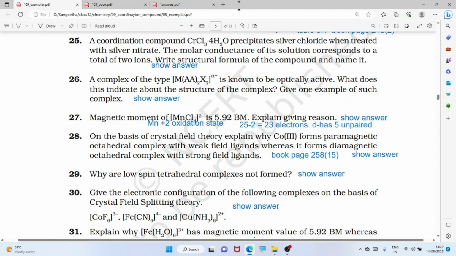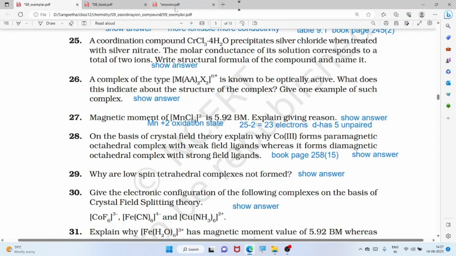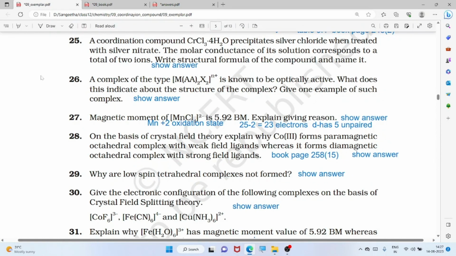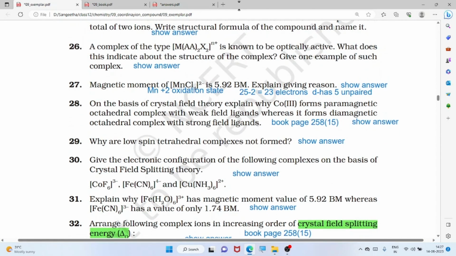A complex of this type is known to be optically active. What does this indicate about the structure of the compound? So this is 26. An optically active complex indicates this 6 octahedral structure. Example they are given this. Magnetic moment, that is square root of n into n plus 2, n is the number of unpaired electrons, is this one. Explain giving the reason. Okay,